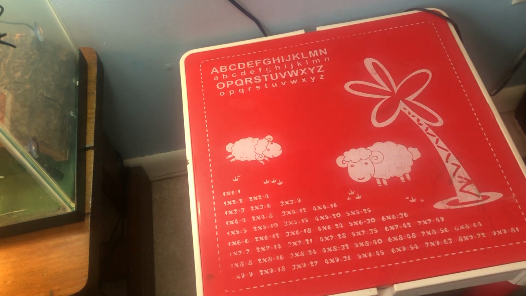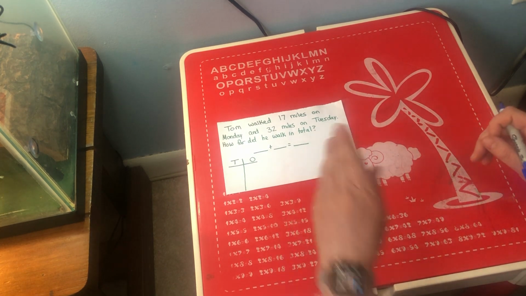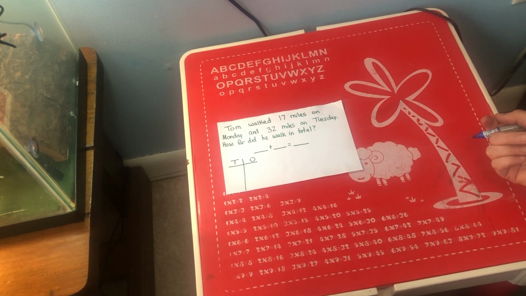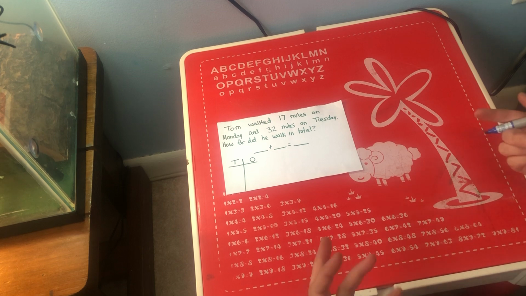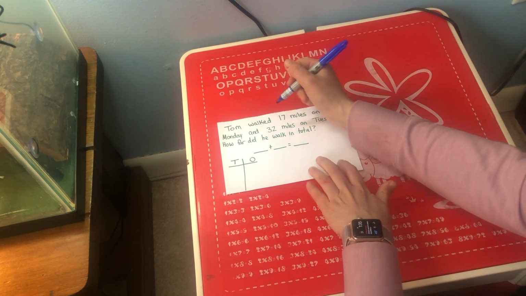Okay. This is the one you are going to be doing on your own, and when you're done and you click the add button, this template should pop up on your screen. If it's easier for you to do on your whiteboard and take a picture of it, that's okay. I'm flexible, but I thought it would be easier if it was in there for you and you could just use the drawing tool. So this says, Tom walked